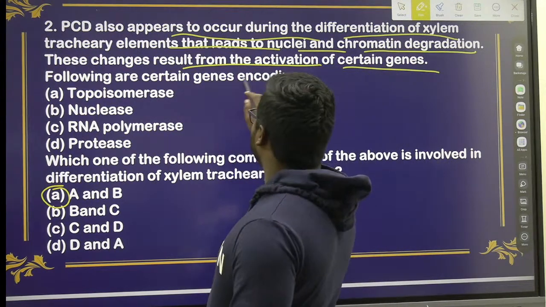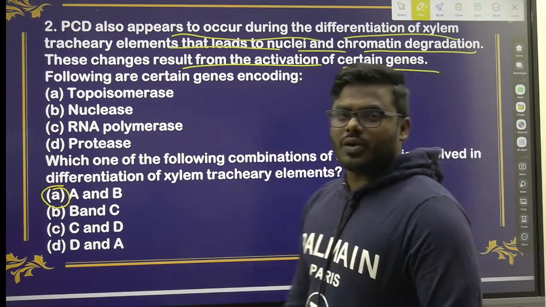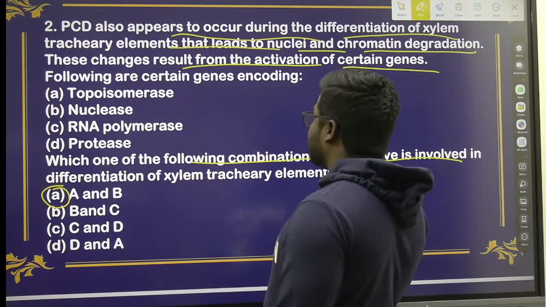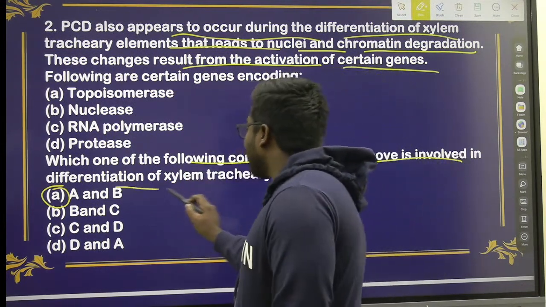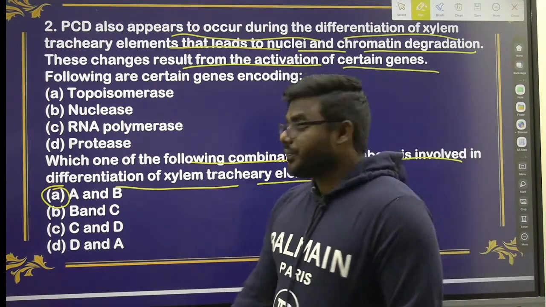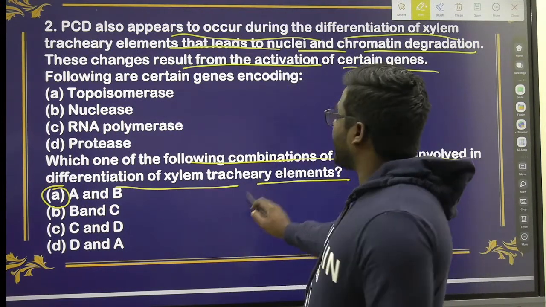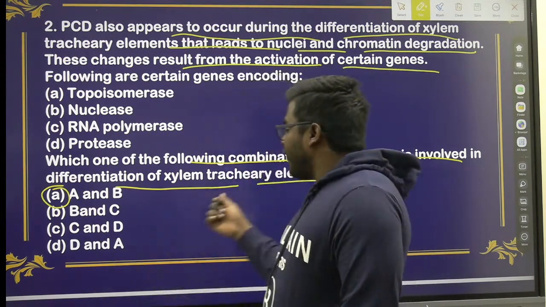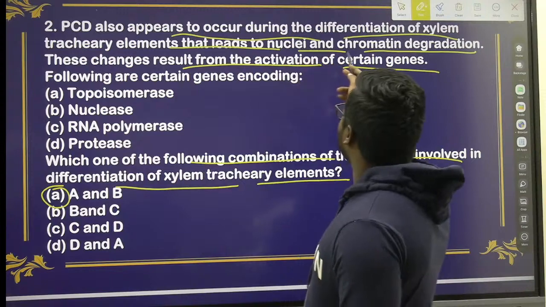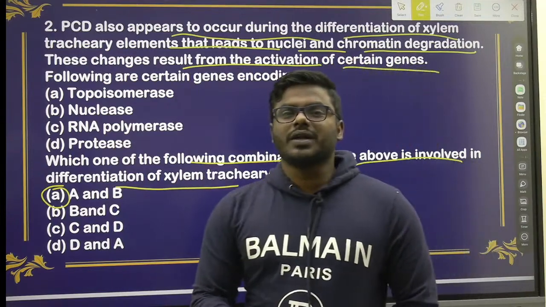Following are certain encoding genes. The question says, which one of the following combinations is involved in the differentiation of the xylem tracheary elements. Friends, during differentiation, majorly we require topoisomerase, because this particular chromatin